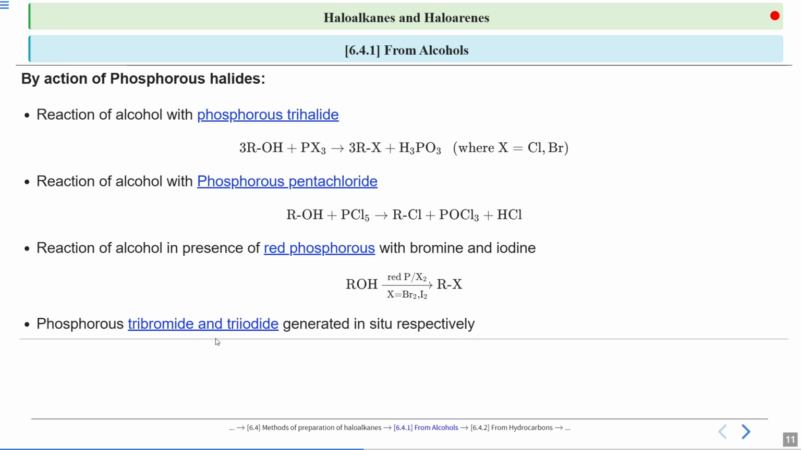In the phosphorus trihalide, where the halogen is only chlorine and bromine, that means you are preparing an alkyl chloride or alkyl bromide, right? In this process, it is only the case of phosphorus pentachloride that can react with the alcohol molecule. And also if you want to get the alkyl iodide or bromide, you can react the alcohol in presence of red phosphorus with bromine and iodine, and you will get your desired product. And also the phosphorus tribromide and triiodide are generated in situ, that means within the reaction mixture, respectively. Okay,